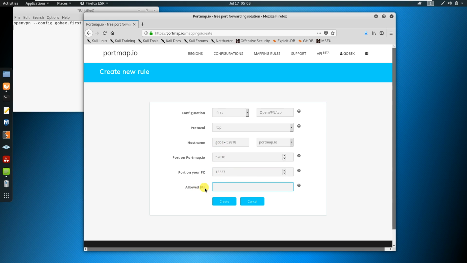If you want to use it for a specific device, you can just enter the IP address. For example, my own PC. Right now I am in VMware, so I can enter my VMware's IP. But if I want to use the same thing on other computers, I need to register or change this rule. Instead, I can just copy the files, right? So I'm not going to enter anything, so that it will be universal for every device. And then click on create.